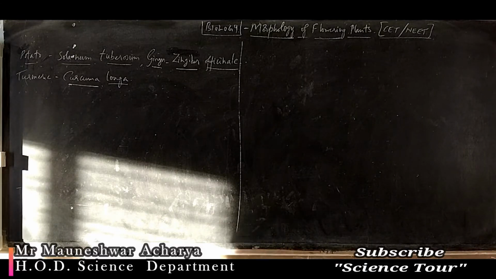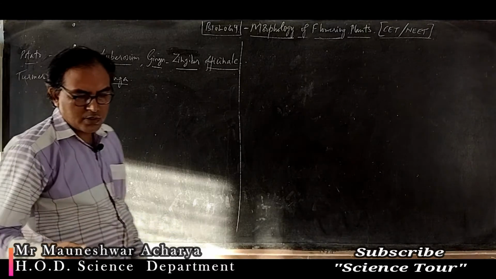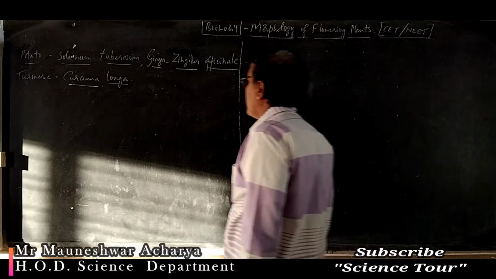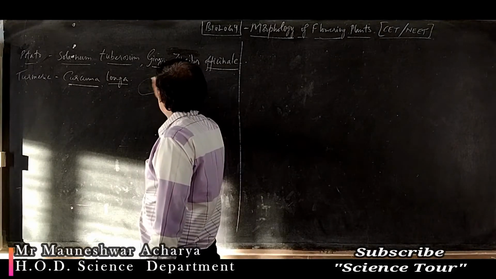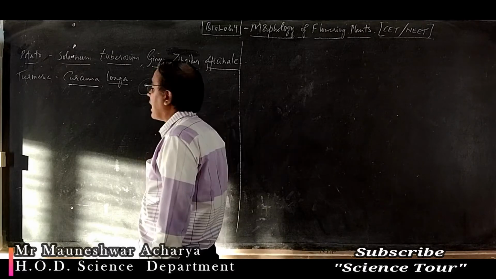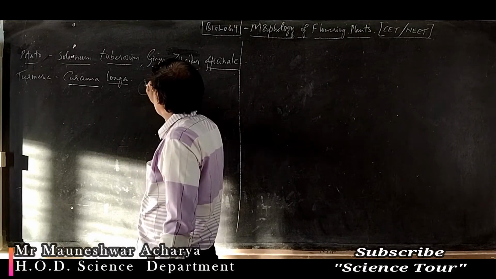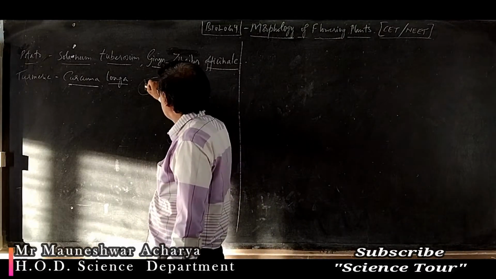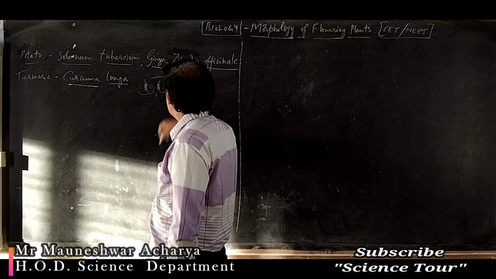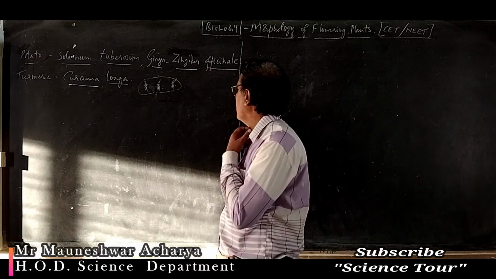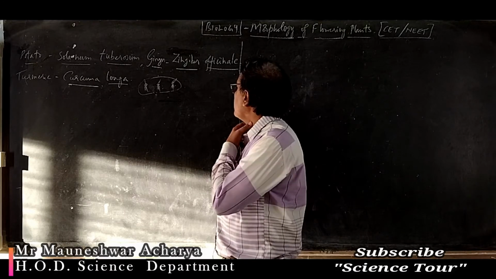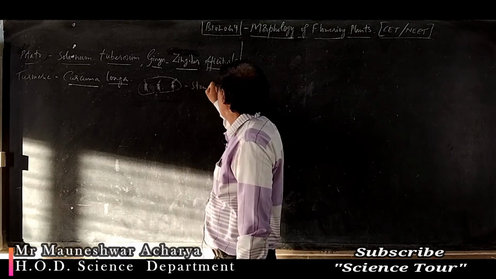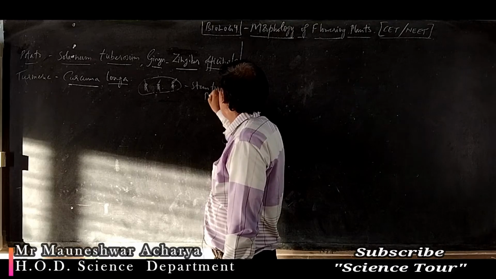So here what is modified? You call it a stem tuber. The stem is elongated and has nodes and internodes. See the potato, it has nodes and internodes. You can see the eyes from which the buds arise, and these buds will sprout and give new plants, and some adventitious roots also start to develop from the base. So the potato stem is called a stem tuber.